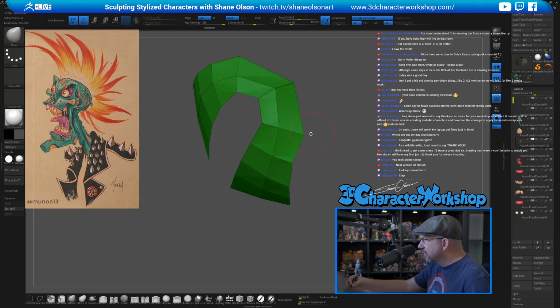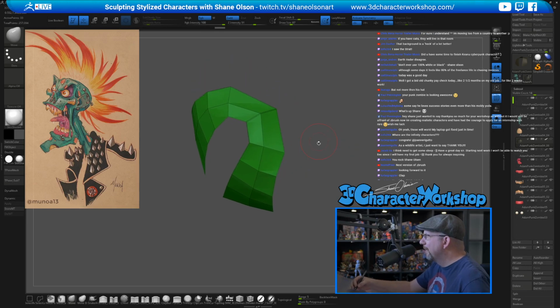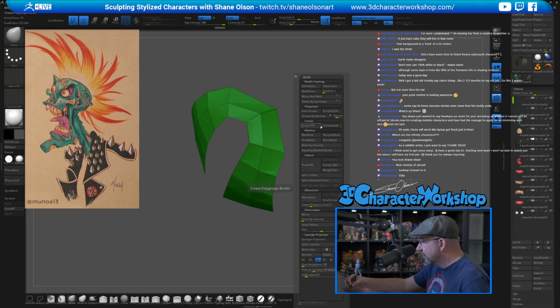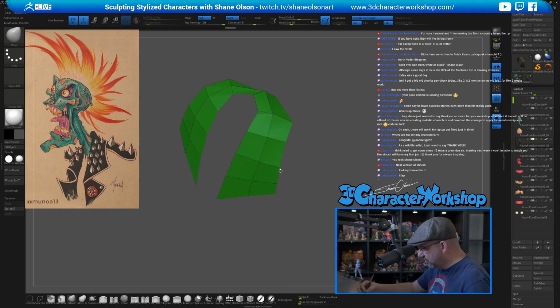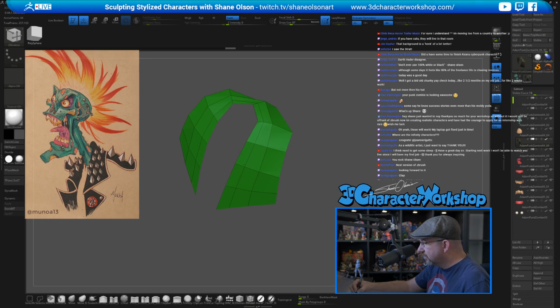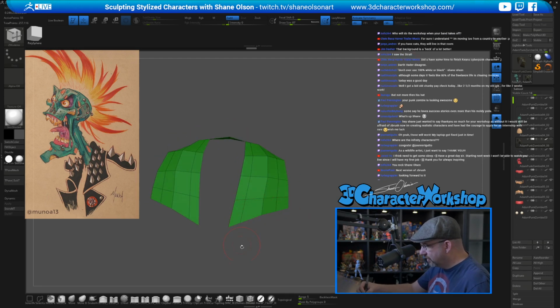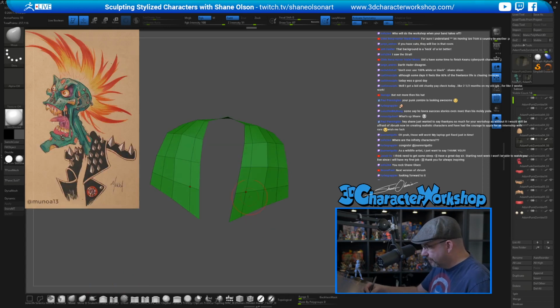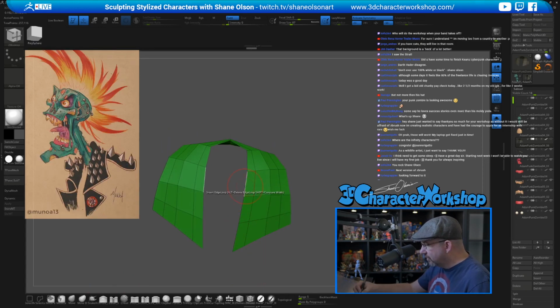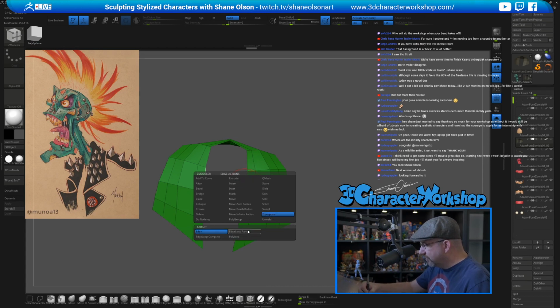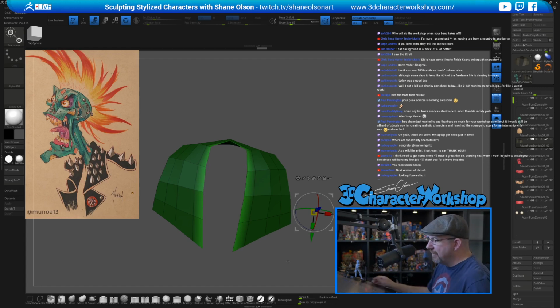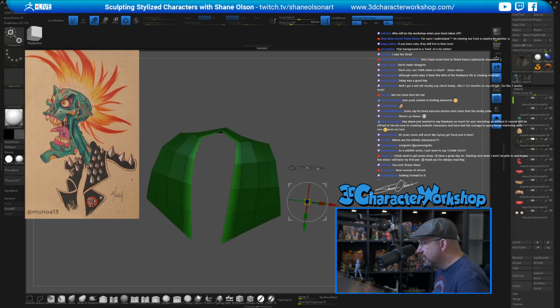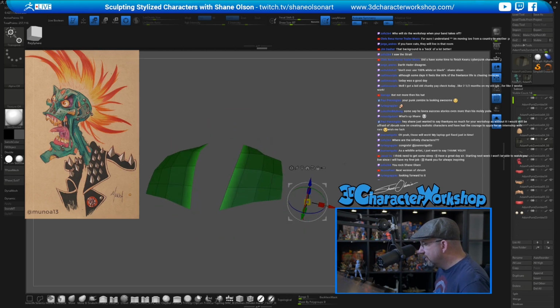Okay, I'm going to turn off the creasing of this. Uncrease all, and then I'm going to use the ZModeler. Insert an edge right here and right here. And then I just want to curl this edge under. So with ZModeler, what you can do is use Transpose, Edge Loop Partial, and then click on this edge, and it's going to mask everything off that's not that edge, which is nice. And then I can grab my gizmo here